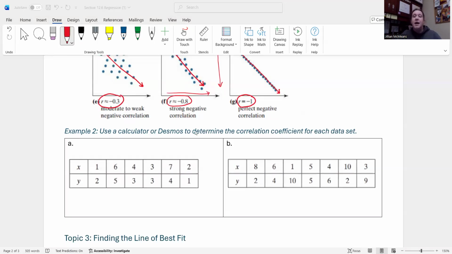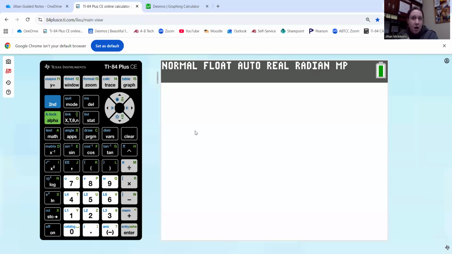So here we are. Now, the calculator is not automatically programmed to find the correlation coefficient. So you have to tell it, hey, I need you to start calculating the correlation coefficient. And the good news is you do it once and it'll do it until you clear the memory on your calculator. So this is a one-time thing, but pay close attention on how we do this. What we need to do is go to the